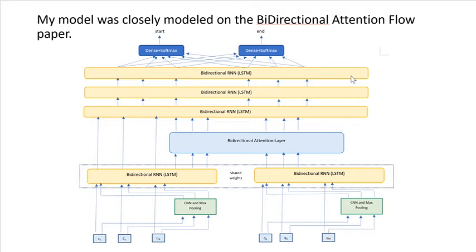For the modeling layer, I used 3 layers of bidirectional RNNs. The original paper had 2 layers. In my implementation, the modeling layer feeds to both the start and end state calculations, both of which use a dense layer and a softmax. In the original paper, the end state is calculated differently. The start state feeds to the end state, which uses an LSTM and a softmax layer.